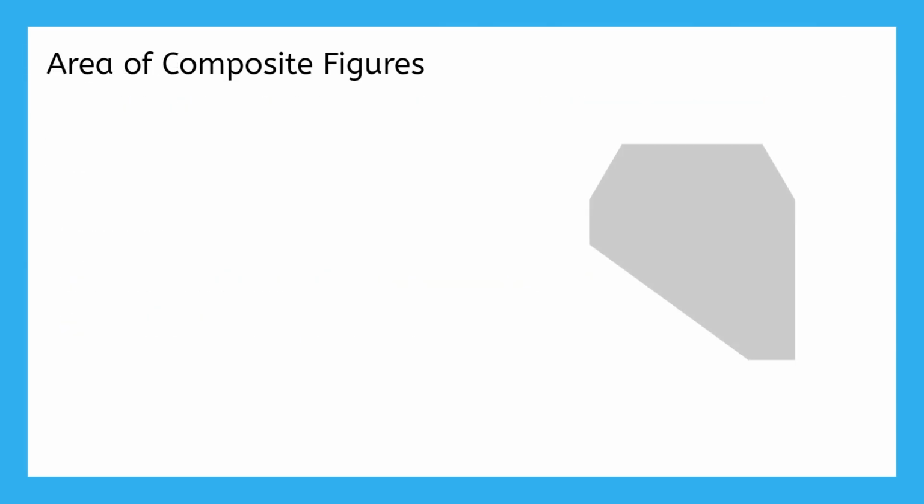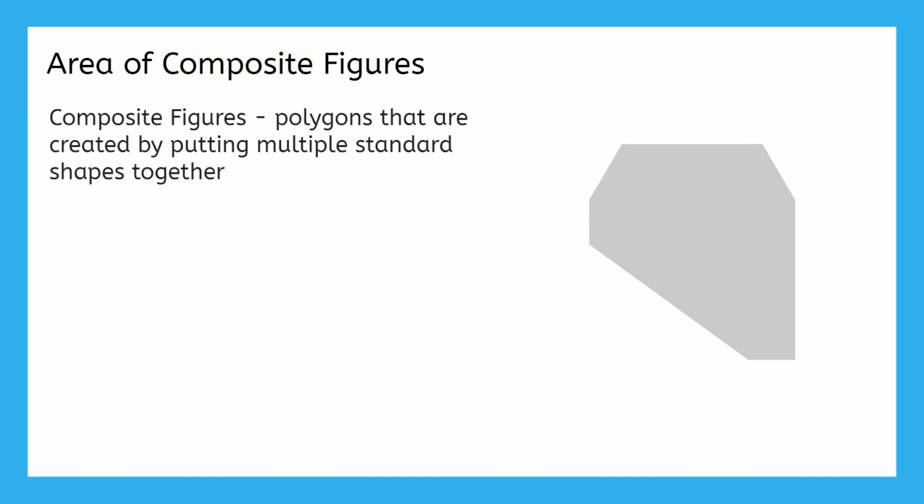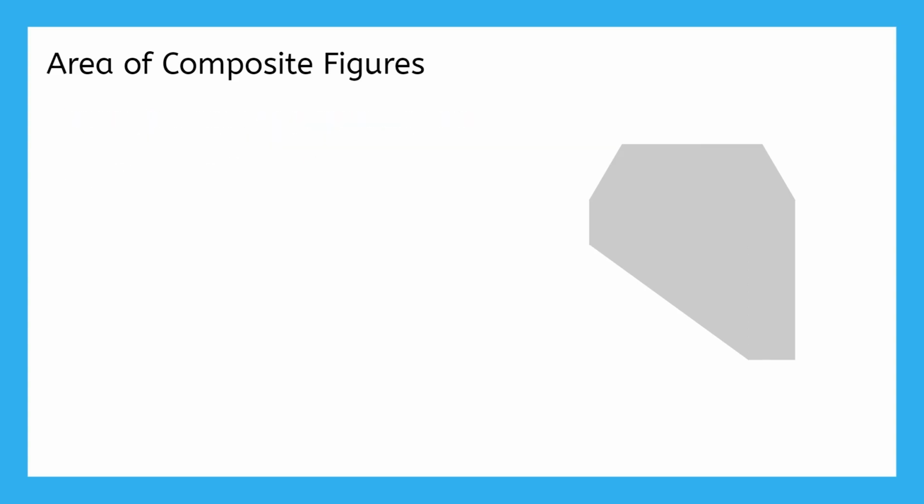So I've been using the phrase composite figures a lot. Do you have a guess as to what that means? Composite means made up of multiple pieces put together. So, composite figures are just polygons that are created by putting multiple standard shapes together. When considering calculations with composite figures, it's helpful to think about what those standard shapes are that have been combined